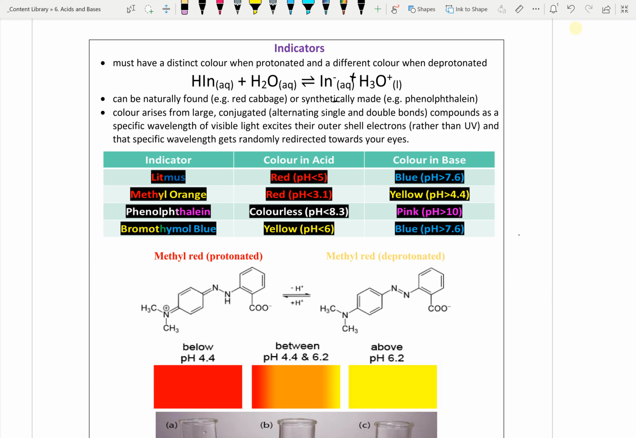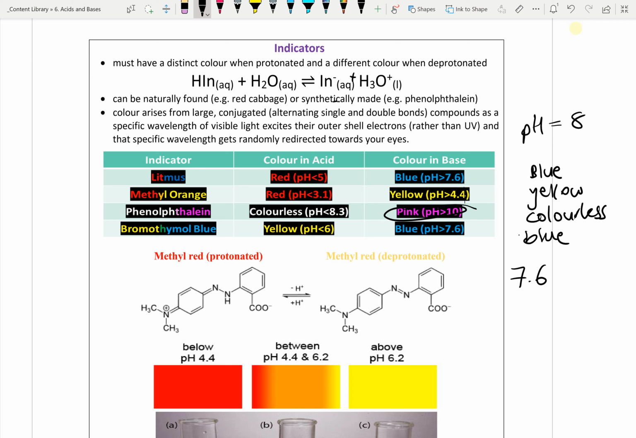And if I do a whole bunch of tests, you can start to see, if you had, say, 4 indicators and you put in your unknown, let's say your unknown was pH 8, but you didn't know it, you would put it in a bunch of indicators, and you go, well, it's blue for this one, it's yellow for this one, it's not quite pink, it's colorless for phenolphthalein, and it would be just blue for this bromothymol blue. And if you figured it out, all of these are above 8, but because it didn't turn pink, I would know that my pH range was between 7.6